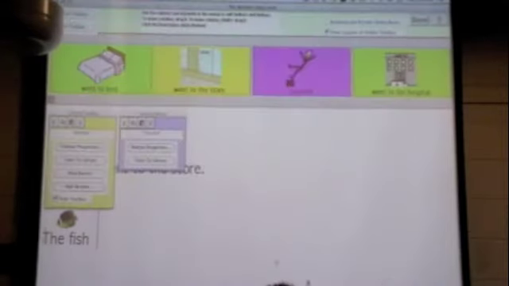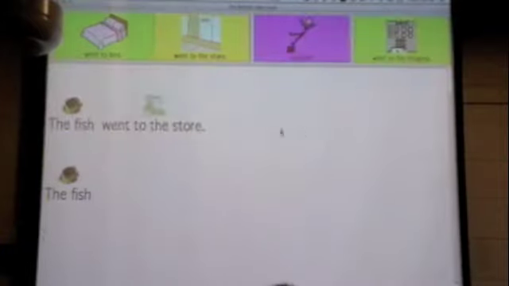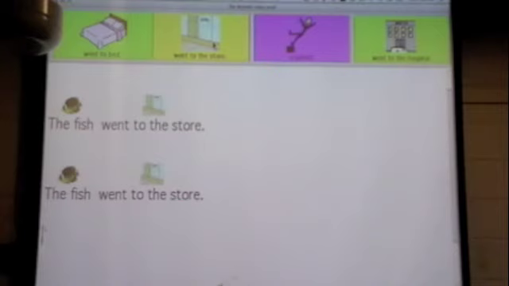Okay, so in other words, if I didn't have all this information here, this insert the picture, type return, hide this toolbar, hide this toolbar, hide this toolbar, show. So let me get rid of these things and show you what's going to happen. So you know why it's important. So I just got rid of all the commands. I click done. And now when I do the fish went to the store, it just sits there. It doesn't go to that next set of options. So in order for it to